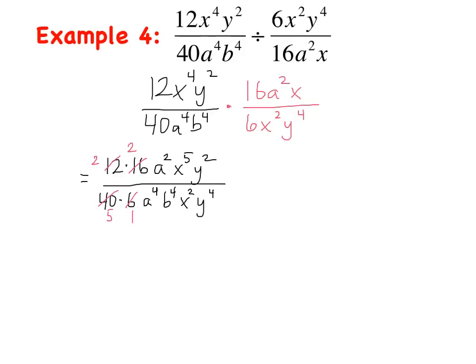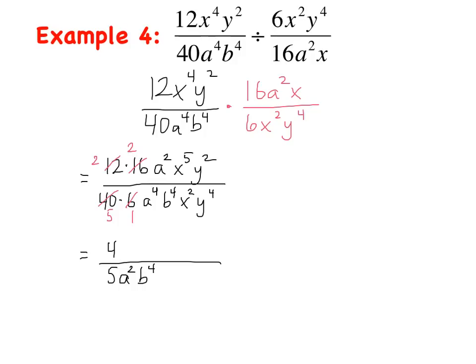So let's go ahead and clean things up. 2 times 2 is 4 in the numerator. 5 times 1 leaves us with 5. Comparing our a's, we have an a squared over a to the fourth. More a's in the denominator, so they stay there. And I subtract, so a squared. I don't have any other b's besides this b to the fourth in the denominator, so it's going to stay